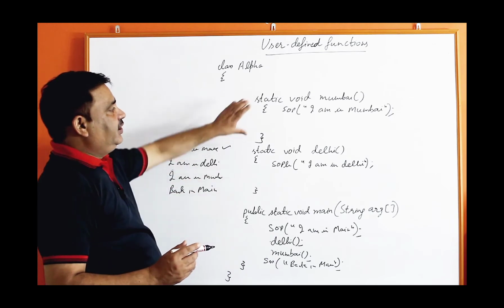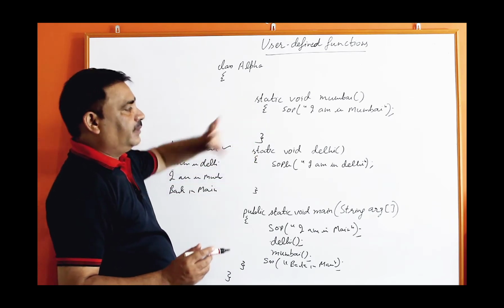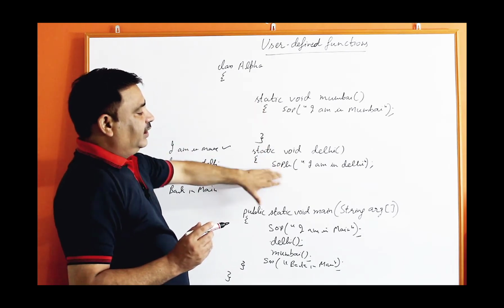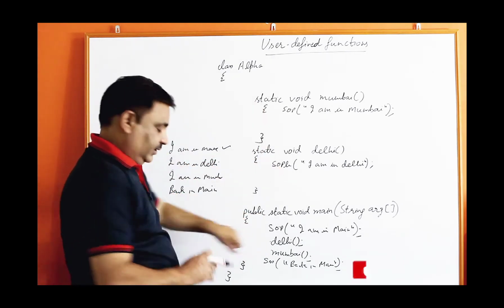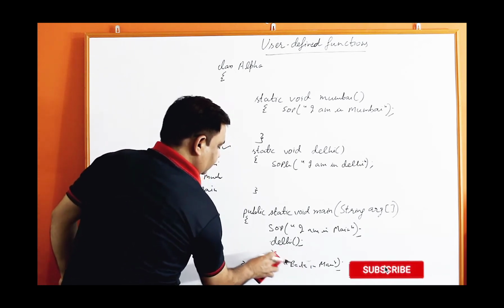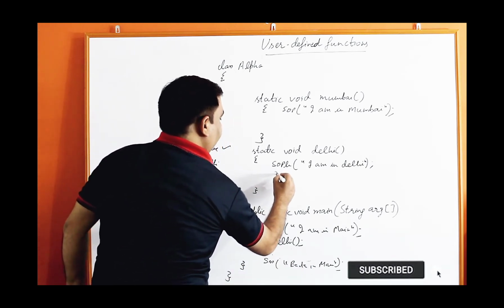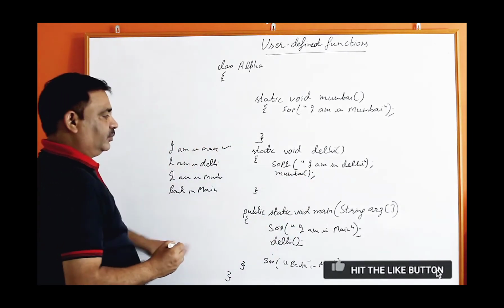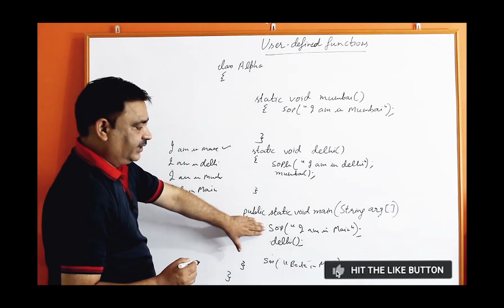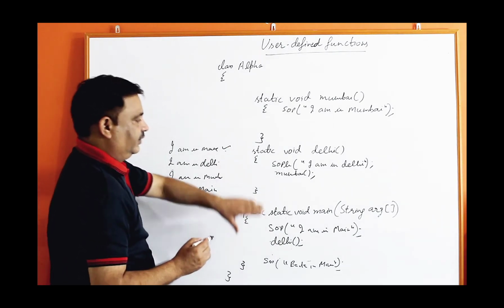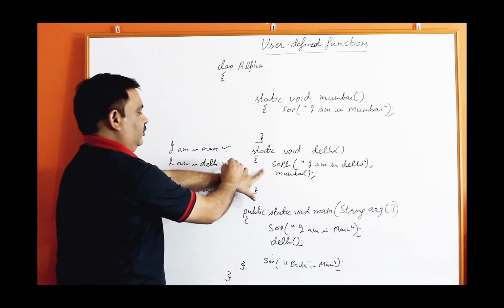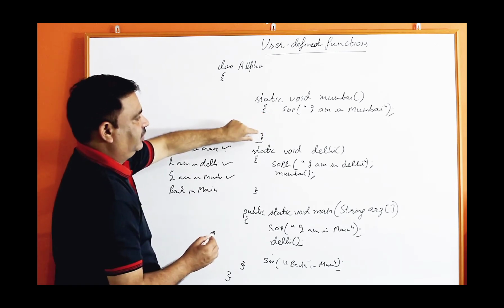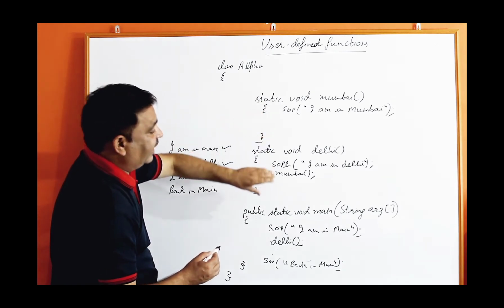Now one more point: each and every function is an independent function. You can even call the Mumbai function from Delhi instead of calling it from main. You remove it from here, and just from Delhi you call the function Mumbai. You will get the same output. First of all, this statement will execute, then control will transfer here, I am in Delhi will execute, then control will jump here, I am in Mumbai, this statement will execute. Now this function is completed, control will come back here.